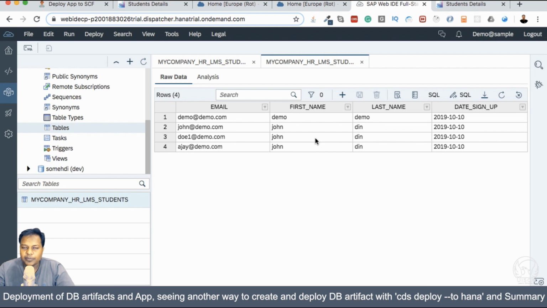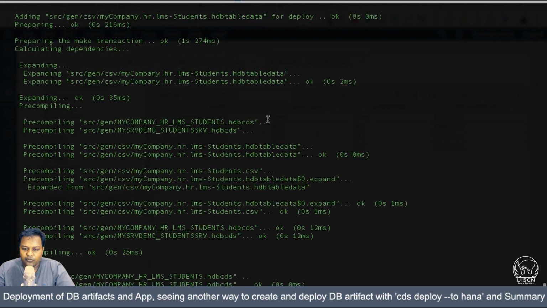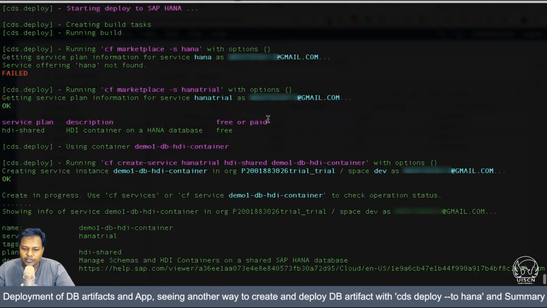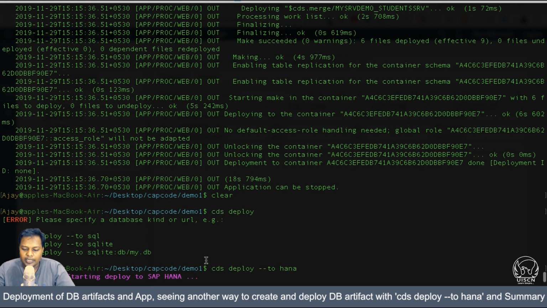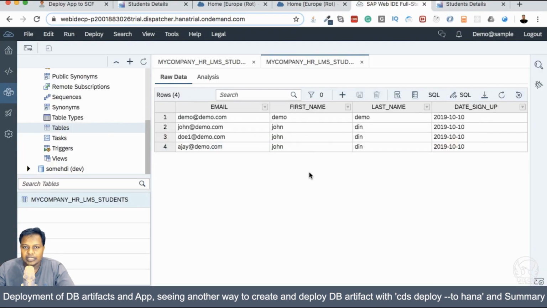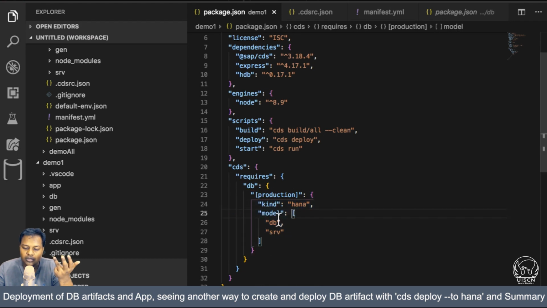In the previous step, we created the container and put the data there at the time of deployment. Now with just a single line of command, which is cds deploy, let me come back all the way to the top, here, cds deploy to HANA, with just this command I'm creating multiple things at once. I'm creating the HDI container in Cloud Foundry. First it will try to create the HANA database, if not, then the HDI container. Then it writes the files and adds the data, and also adds in your package.json the configuration required for your CAPM app to connect to this database, which is either a HANA database or